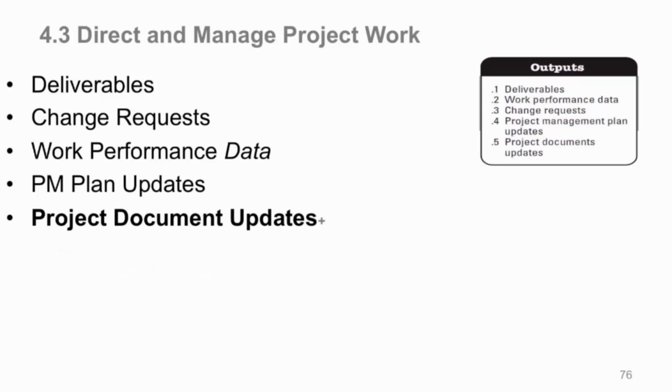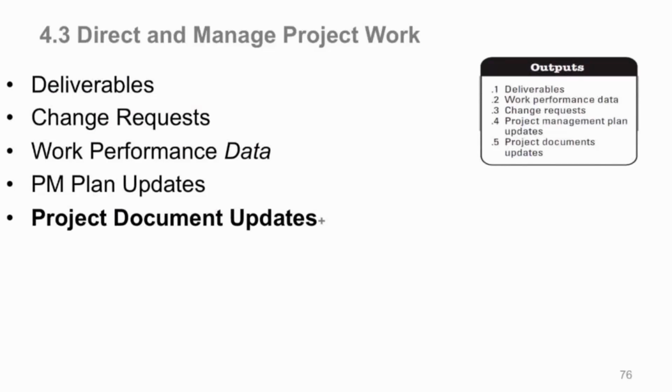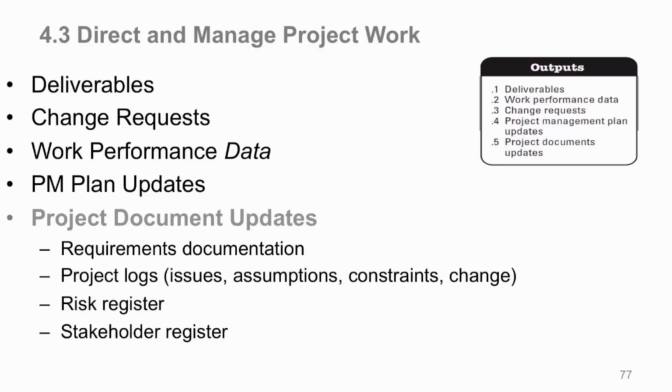And here now we have the other flip side of that chart we saw before, project management plan here, all your project documents over here. So the project documents that they say may be updated most likely, but again, remember, not limited to, are your requirements document. Because if you're building things, you have an issue, you talk to stakeholders, and they say, oh, okay, I really didn't mean that, or I meant to say this and this, so you may have to update your requirements so that you build that in through change control,